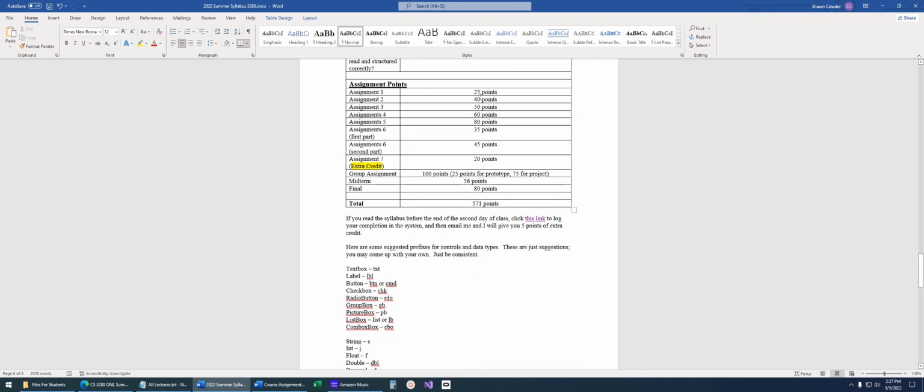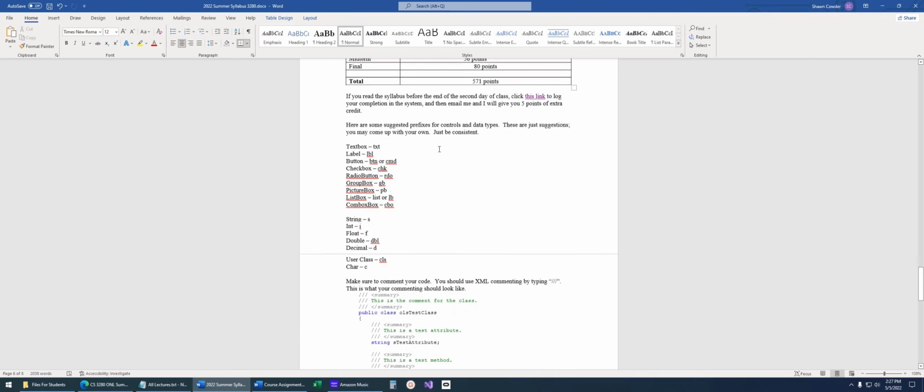Assignment points. So just pay attention to the point values. Obviously, the higher point value ones are going to be a little bit harder assignments. Down here towards the end,